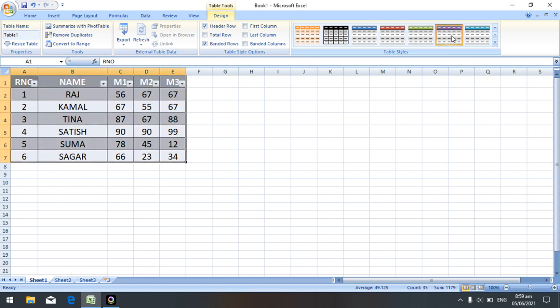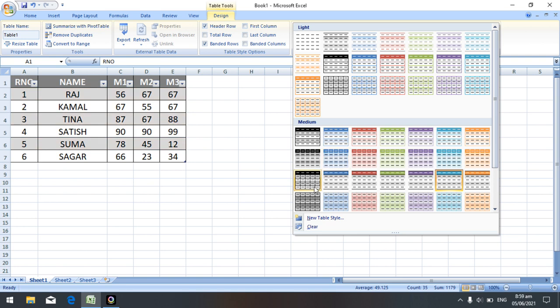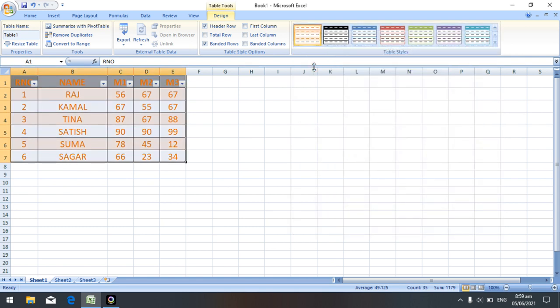Whichever type you want, you can select it. When I move the cursor over a particular table, it creates such types of formattings.